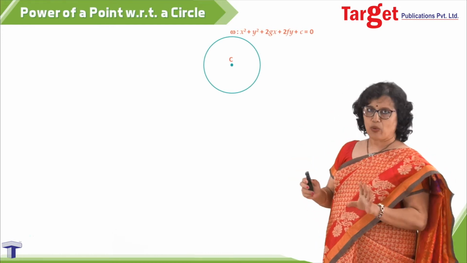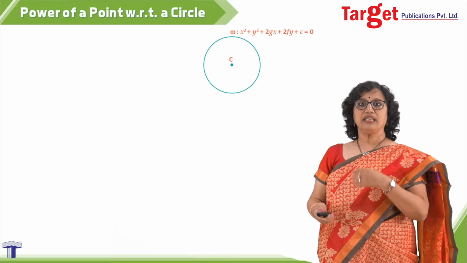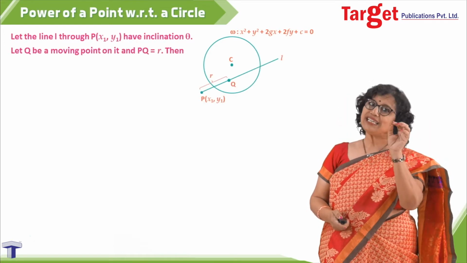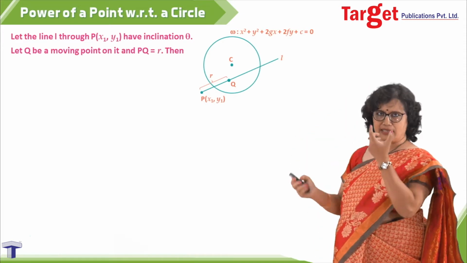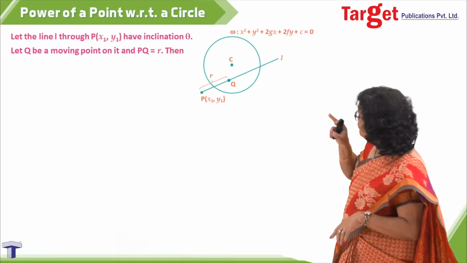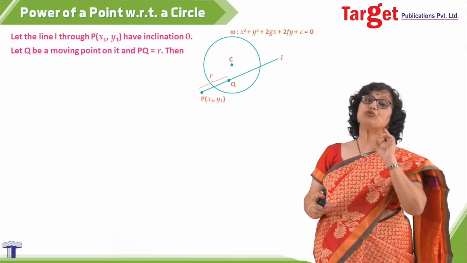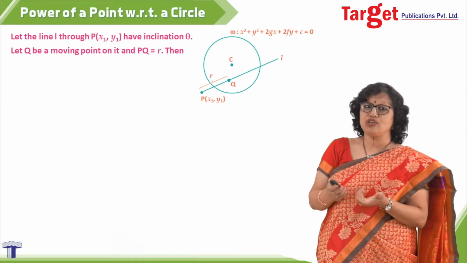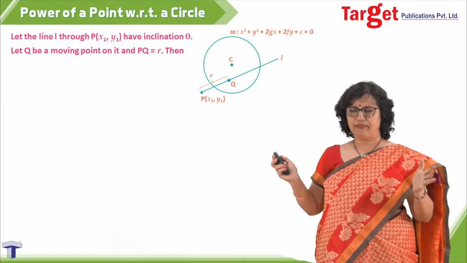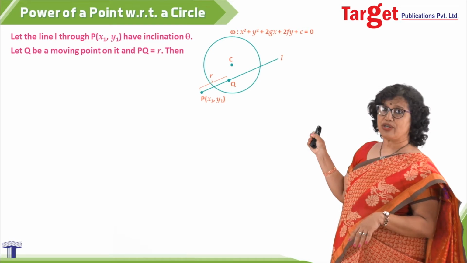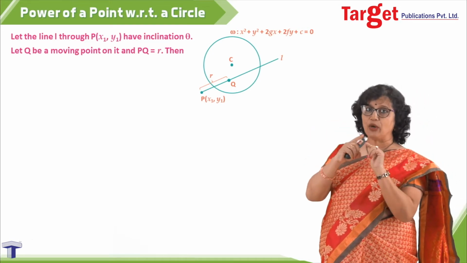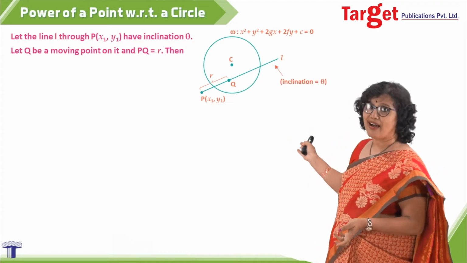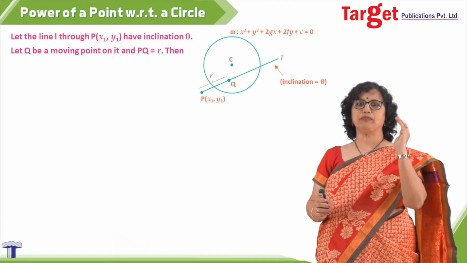Okay. Now, about this circle, there has to be some point of which you are finding the power, right? So we take that point as, say, P, with x1, y1 as its coordinates, and I have drawn one line through P which meets the circle at 2 points, and Q I am taking as some general point on the line. And if you see the picture, I have also shown the PQ distance as r, and if I write one more thing, the inclination theta, then this reminds you of something.